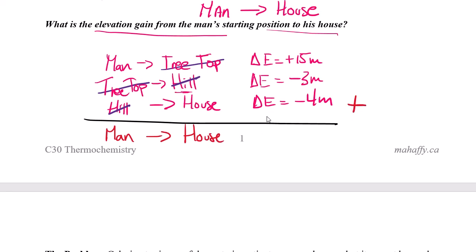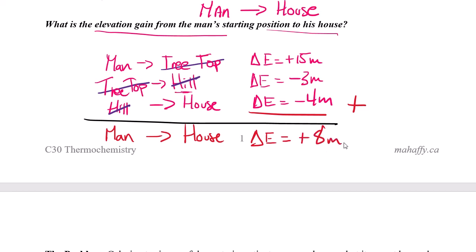So if I add these elevations down, that's going to give me the elevation change between the man and the house. So I have plus 15 plus negative 3 plus negative 4,